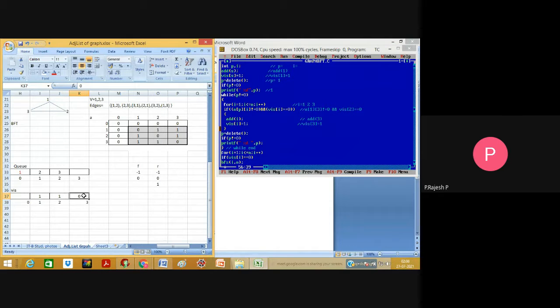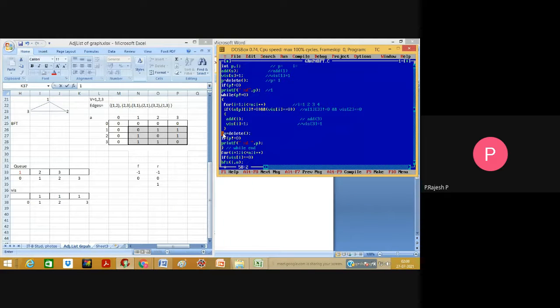So this one is going to be marked with 1. And then I becomes 4 right now. Check it out. Is the condition true? No, it becomes false right now. So come out of this for loop.